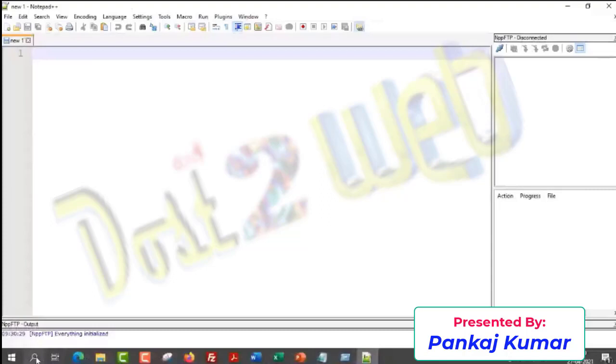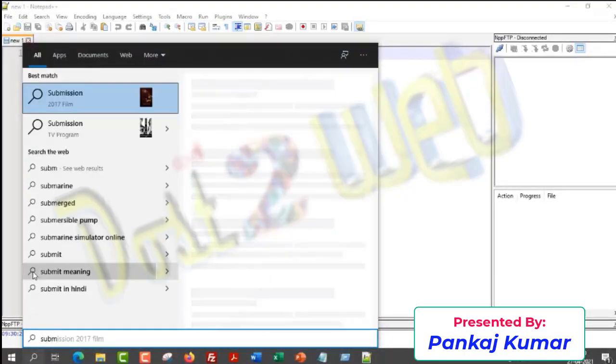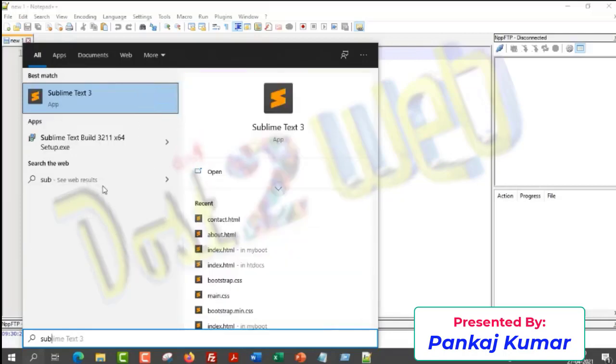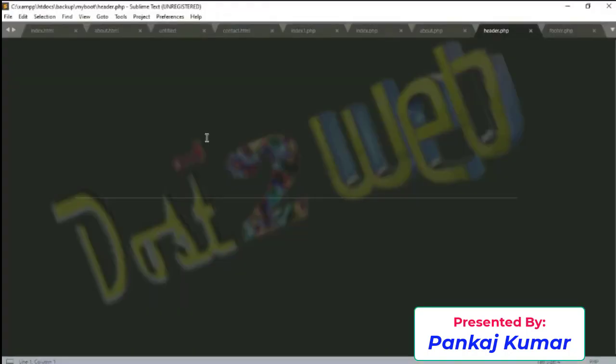The third software you can use is Sublime Text, Sublime Text 3. You can download this. All are open source and freely available on the internet, and it's not more than 10 MB in size.